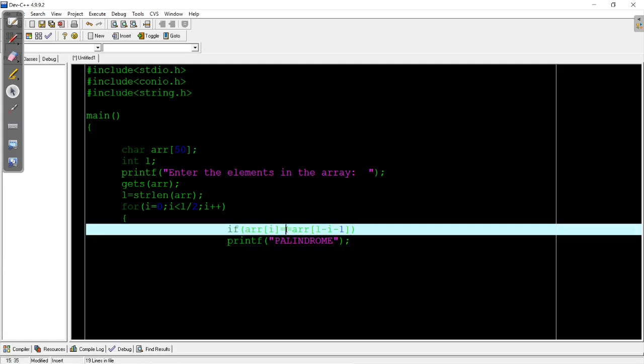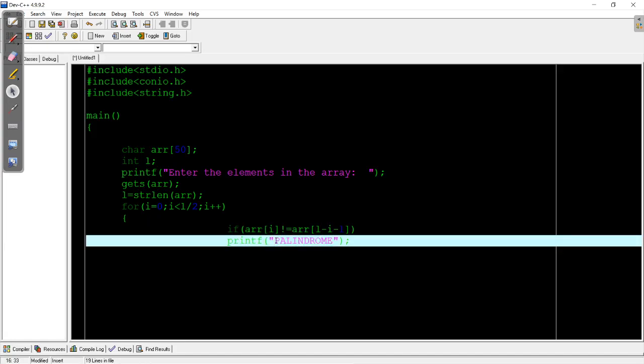So we'll check for not equal. So if the values in the first half and the respective second half of the array are not equal, then it is not a palindrome.